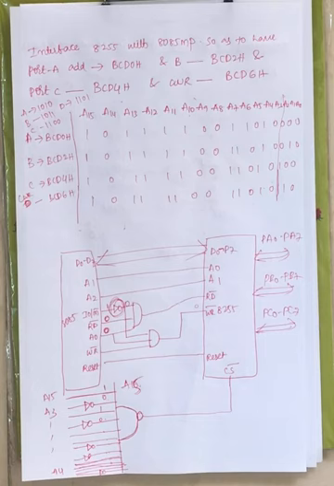Now this is about the interfacing of general purpose IO under IO mapped IO as well as memory mapped IO. In both interfacings, the only difference is the inverted gate and the number of address lines.